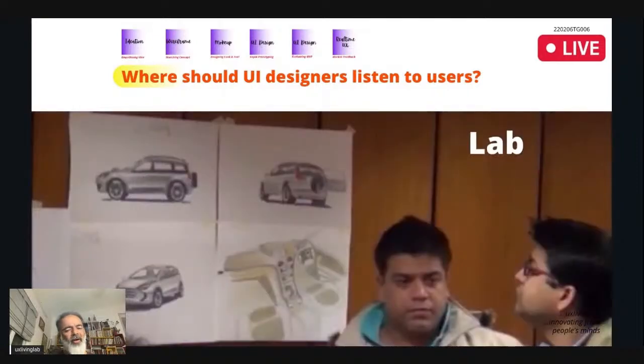Then the lab: invite them to your lab. You can discuss your designs, a prototype, or a minimum viable product. The main environments are home, street, workplace, and lab. Try to collect users' opinions and ideas from these environments.